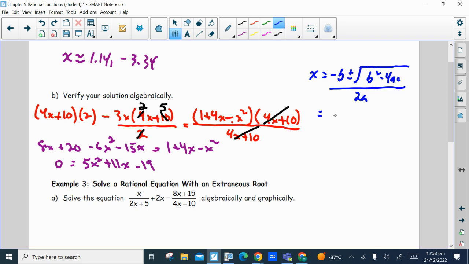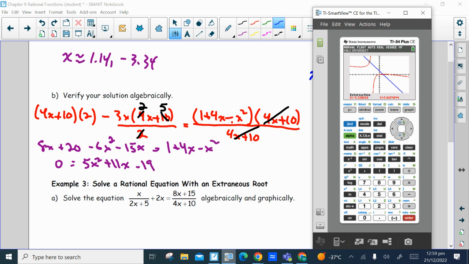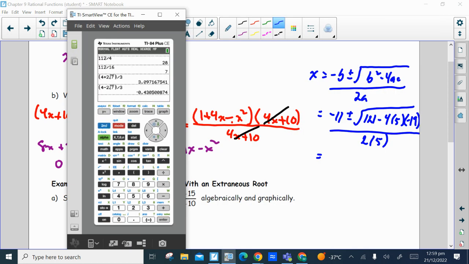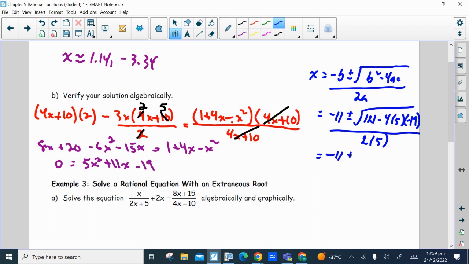So our b value is positive 11, so negative b is negative 11 plus or minus the root of 11 squared is 121 minus 4 times a, which is 5, times c, which is negative 19, all over 2 times a, 2 times 5. So if we find the value of the discriminant, which remember is the number under the radical, 121 take away 4 times 5 times negative 19, the discriminant is 501. So this becomes negative 11 plus and minus the root of